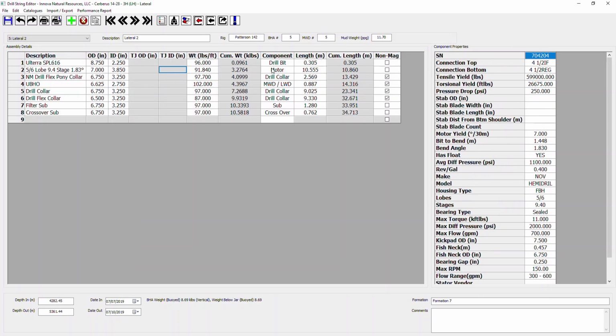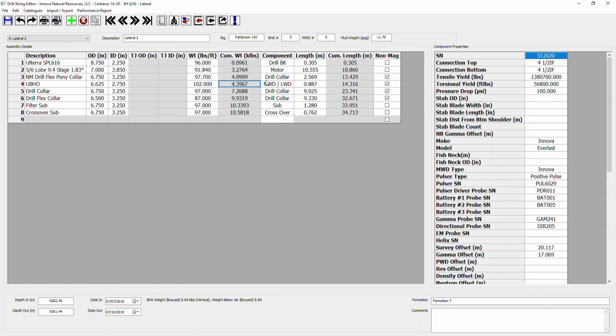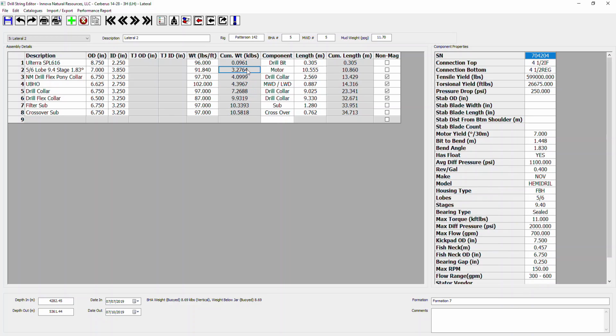So as an example, for a motor, we can search for certain motor serial numbers, so we can find out all the jobs a given motor's been on. We can look for things like hole size, which is determined by the OD of the bit. We can look for certain assemblies, ones that include motors, ones that include rotary steerable, for example. We can search for motor configurations,